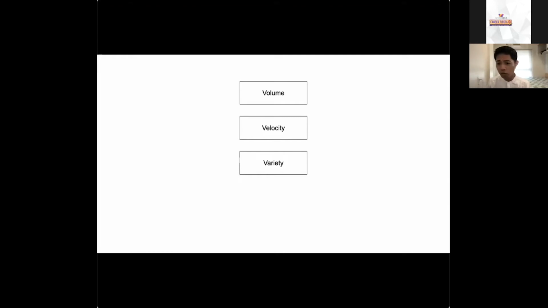Why is there a sudden boom and clamor to the field of data science? It's mainly due to the three V's of data. So volume, velocity, and variety. In terms of volume,